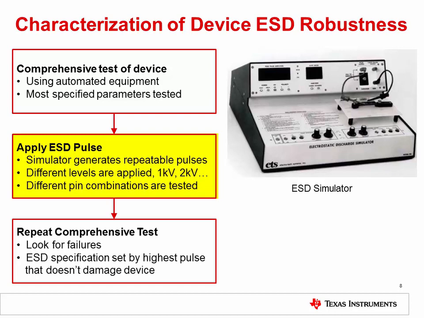During the test, the ESD pulse is applied to many different combinations of device pins for a significant sample of devices. Also, different levels of ESD pulses are applied, for example, 1 kV, 2 kV, 3 kV, and so on. Finally, the comprehensive test is repeated on the devices. The ESD rating of the device is determined by the highest ESD level that all devices in the sample pass. This ESD rating is listed in the absolute maximum rating table of the datasheet.